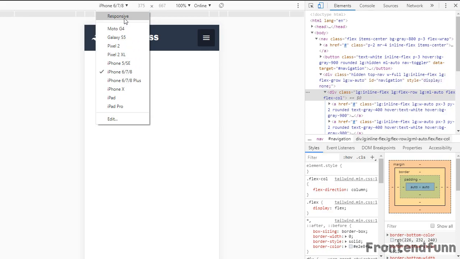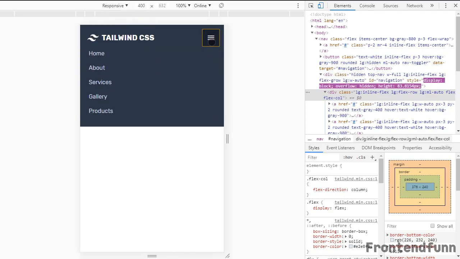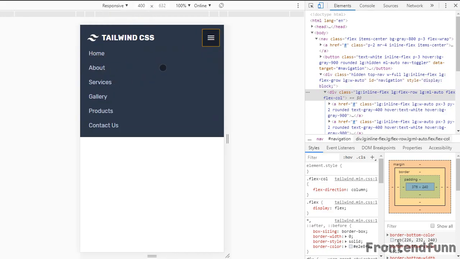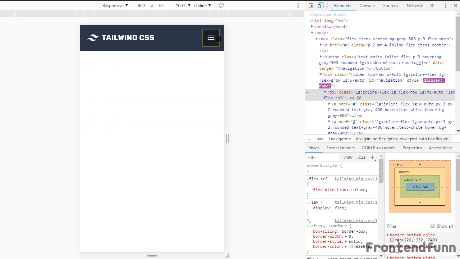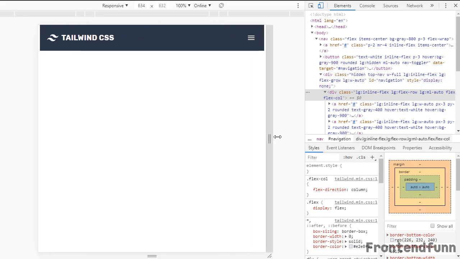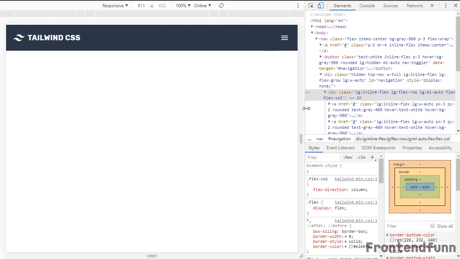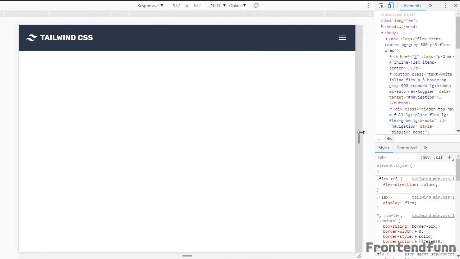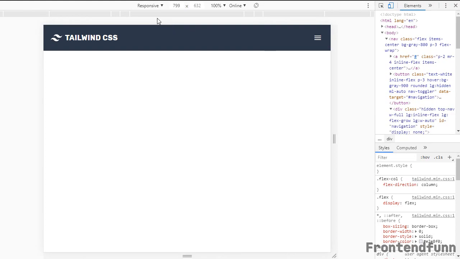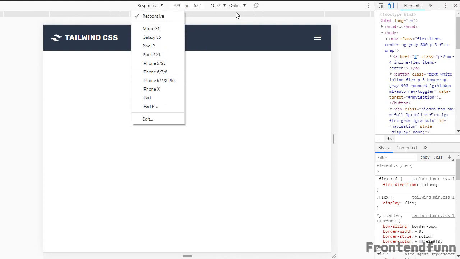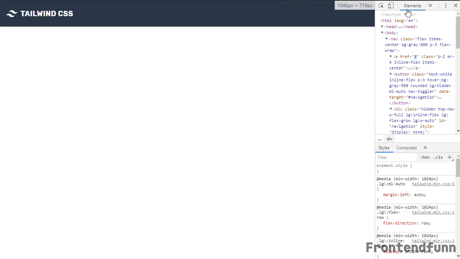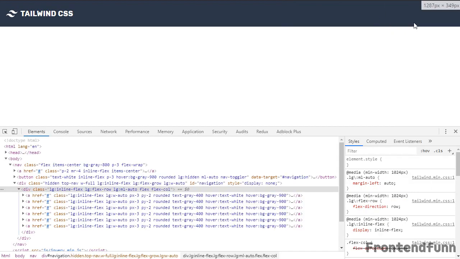but still there is a problem here. So when I click on this menu, we can see the menu is visible. After the toggling, if I go to the large screen device, the menu is not visible here.